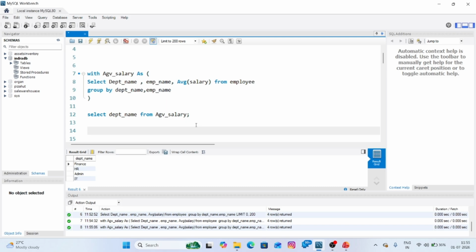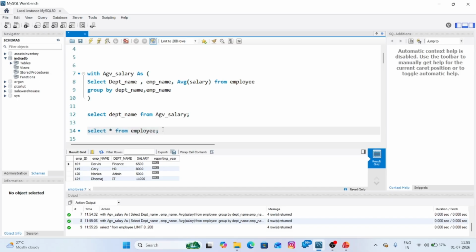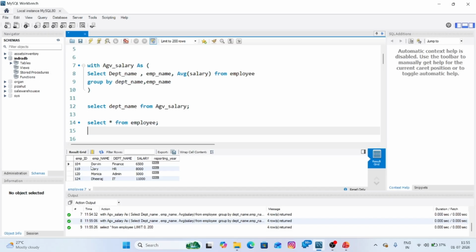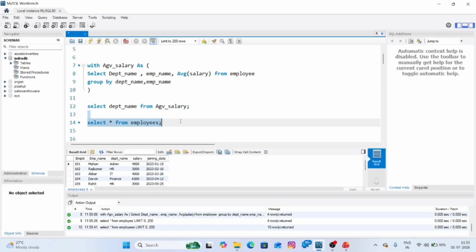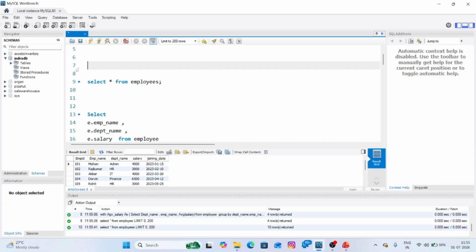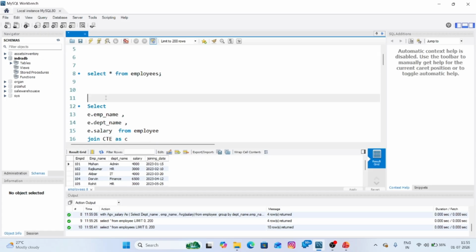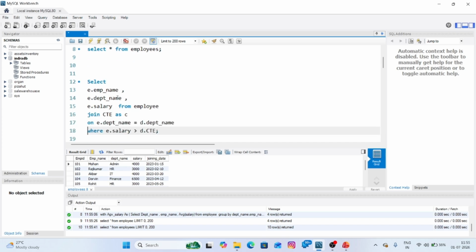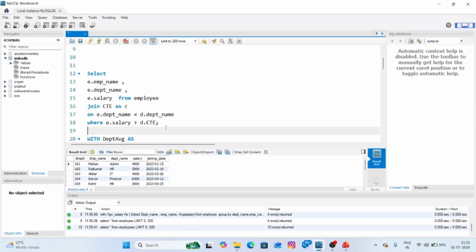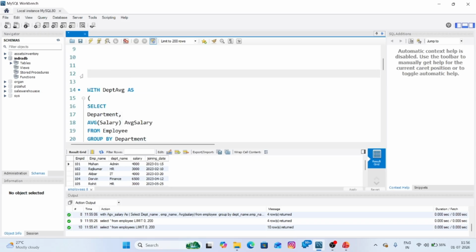Now let me first run this table. Let's start from employee. Now I'm thinking to fetch, not this one. Yeah, I'm going to use this table. This is not a good table for that. I'm going to delete this one, and also delete this one for the moment. No need to write it; I'll write it later if required.